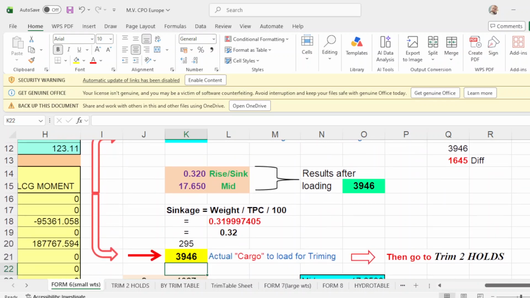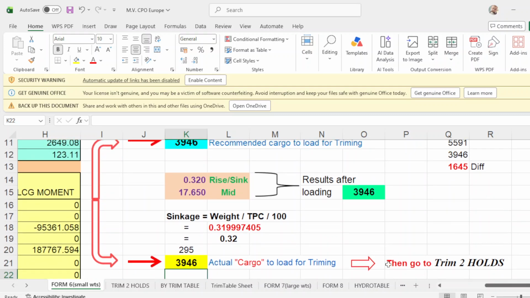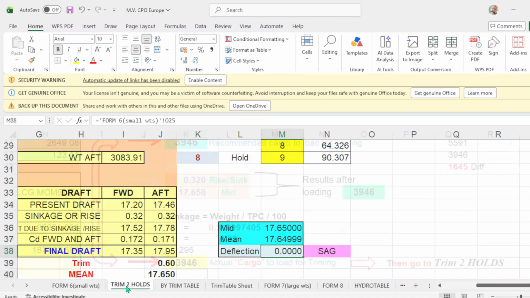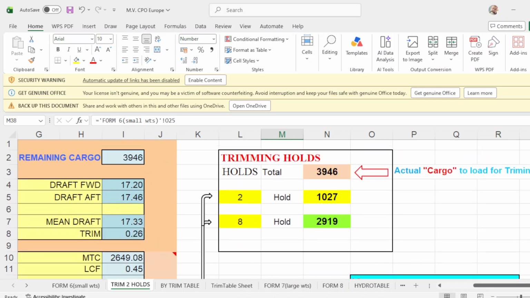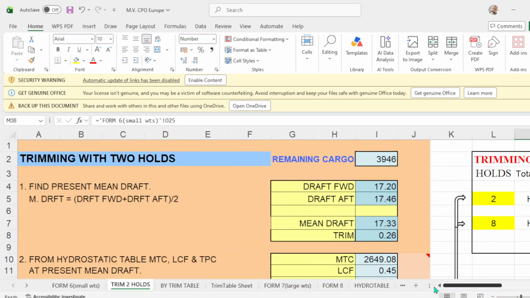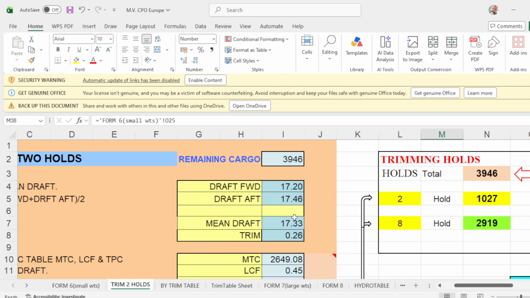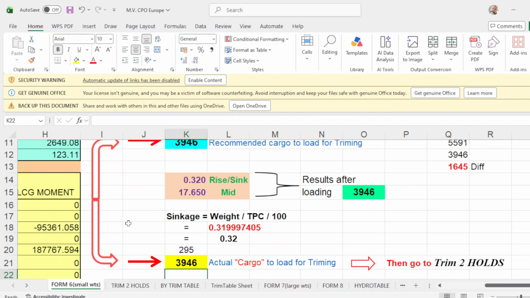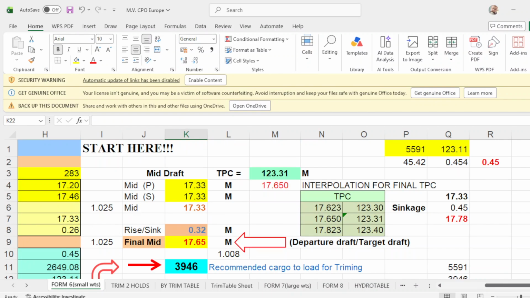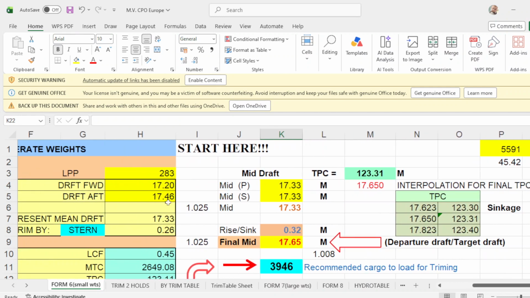Then it says here, actual cargo to load for trimming. Then go to trim module 2. You go to trim module 2, this one, and it says trimming with 2 holds. Okay. Take note the remaining cargo to load is 3,946, and the initial drop was 17.20 and 17.46.